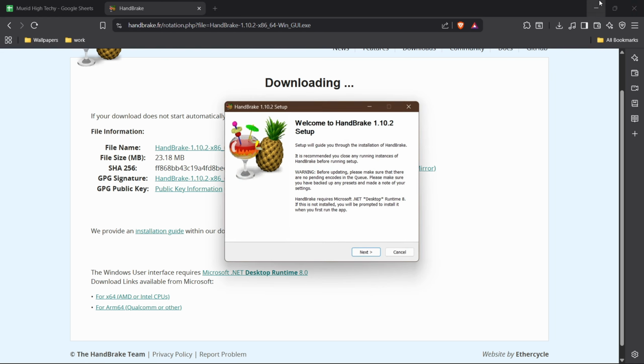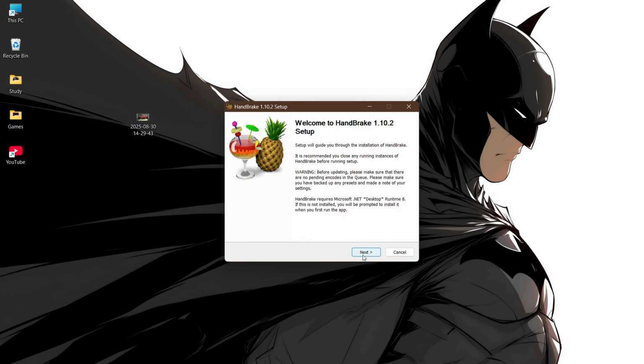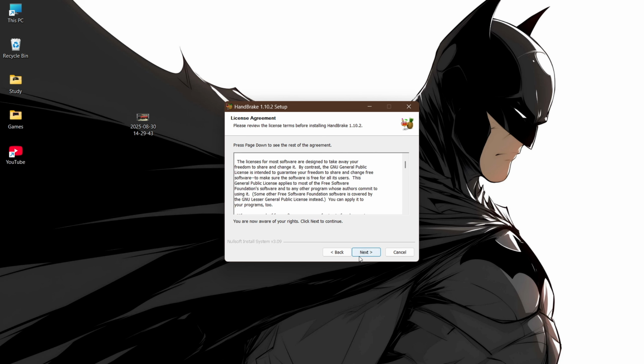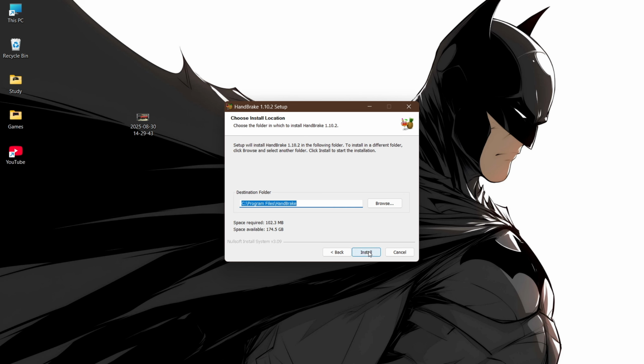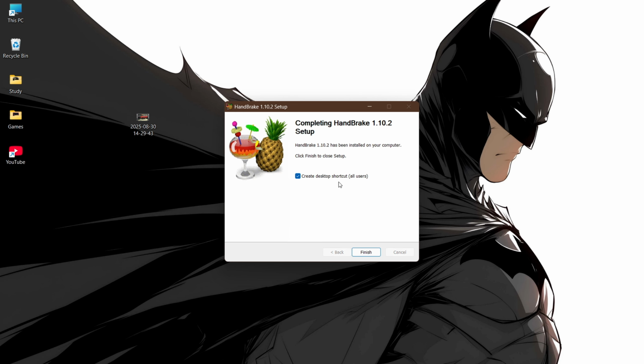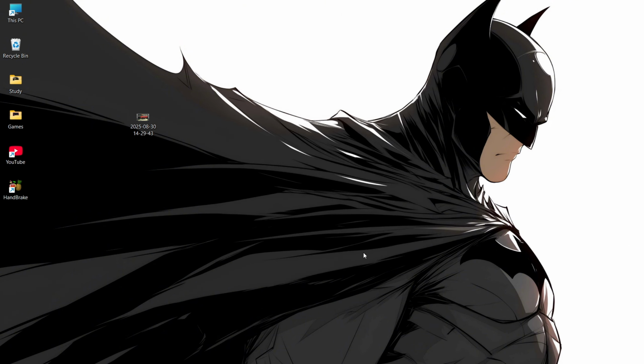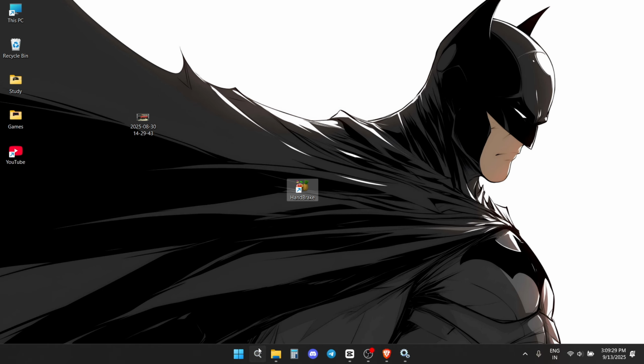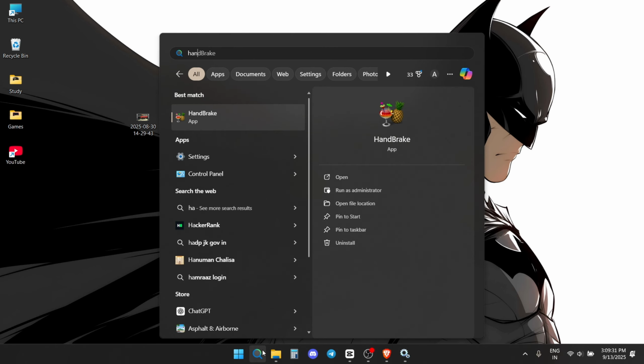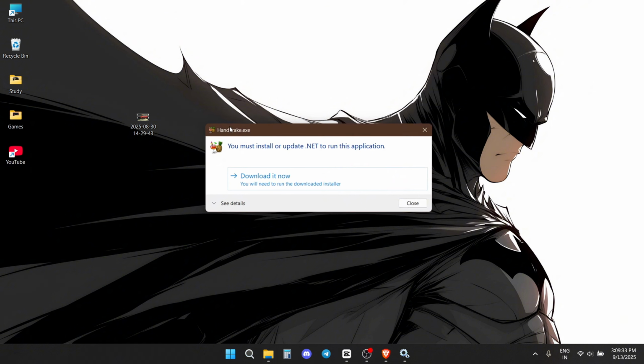and press yes. Here do the setup, which is simply very easy. Press next and press install. Click on create desktop shortcut and press finish. After that, the desktop shortcut has been made for Handbrake, and if you can't find it here, you need to go search here and go for Handbrake and click here on the app